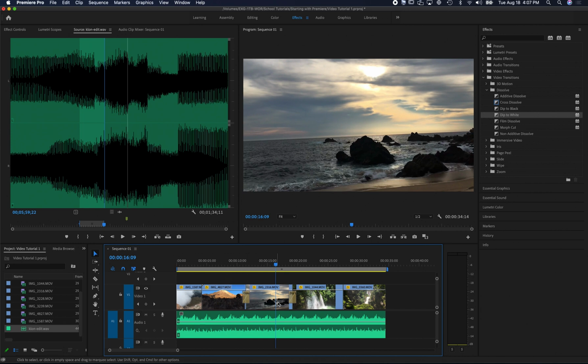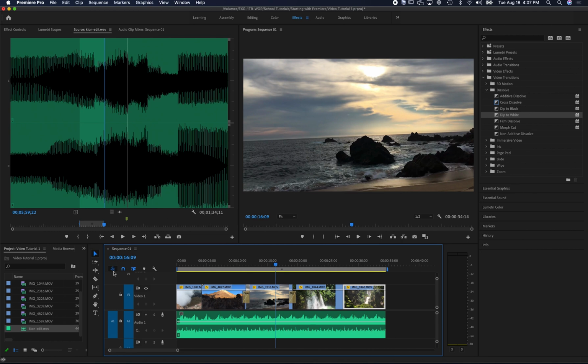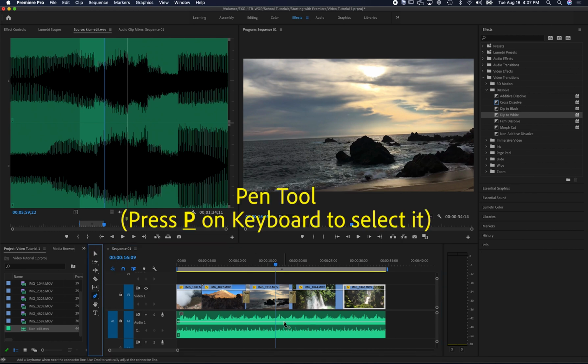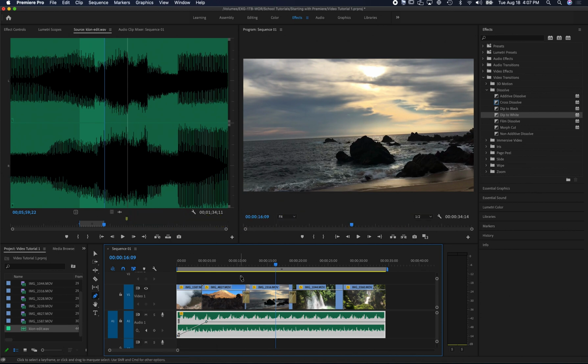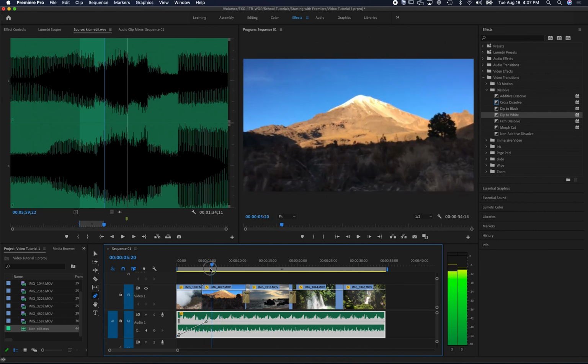And what I'm going to show you here is I'm going to control click, hold control key and click on the clip so that you can activate these keyframes lines on your tracks. And you can see here, if I get my pen tool here, I can click anywhere on this little line here on my track, and I can dip. And so what that's going to do is that's going to fade in the audio right now,